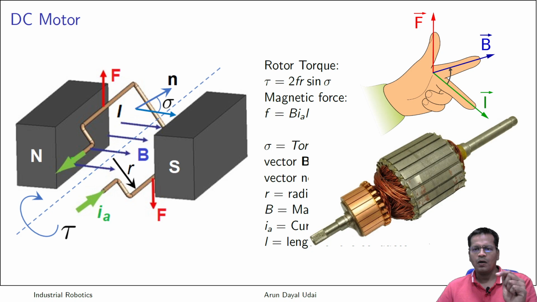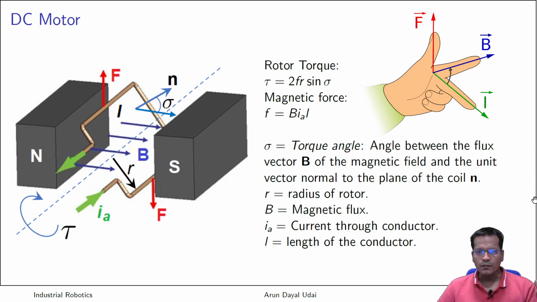And also all these coils, you see there are the maximum number of coils which are possible. So the more coils, the more uniform the torque, because you have seen just now that this torque is varying. So if you have more conductors, the torque will be more uniform. That is the reason, if you pick up that small hobby motor and run it, you will feel the vibration because of that varying torque. Got it? So I hope that till here the physics is quite clear.